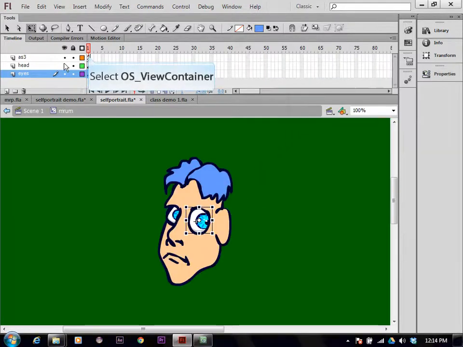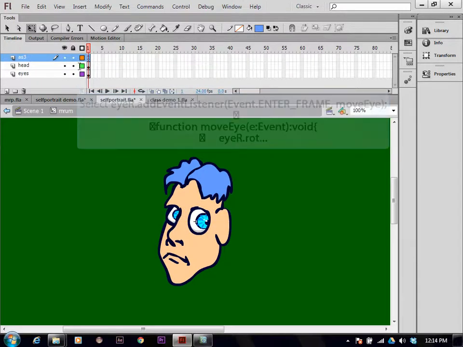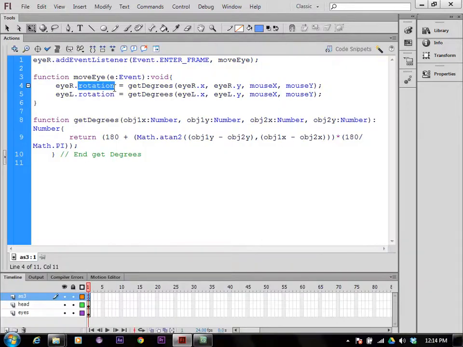Okay, so now that I'm using IR and IL for coding, I can come back in here and see IR dot rotation. So I'm calling the rotation property of the right eye and the rotation property of the left eye, and I'm getting degrees. So this is a function that we're going to use to get the degrees of the rotation for each eye. And all I'm doing is I'm sending in the x coordinate of the eye and the y coordinate of the eye. I'm comparing that to the x coordinate of the mouse and the y coordinate of the mouse. I do that for both the right eye and the left eye, and I call this function that I wrote